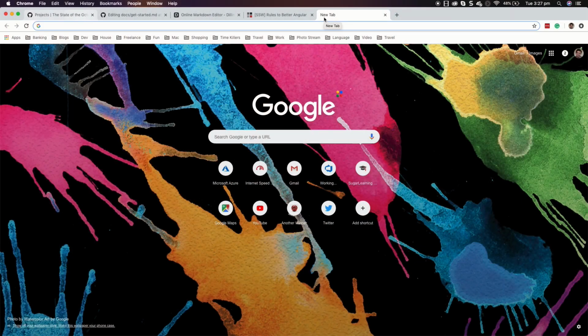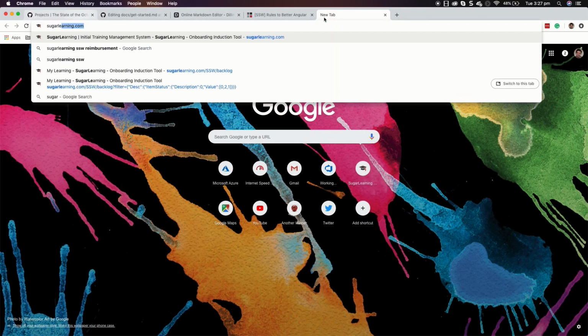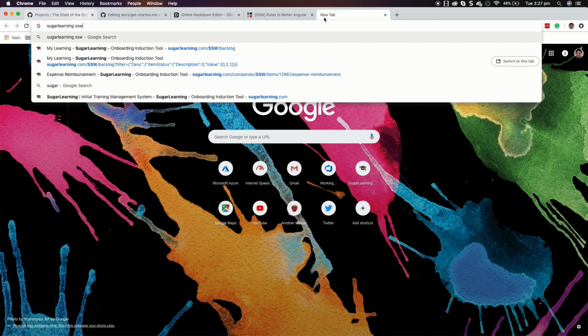So what about where we're gonna use that at SSW? So we've got a bunch of content that is currently public, and we want to move some of them to GitHub. But where should we start? So one example is SugarLearning. SugarLearning is an induction tool that we use internally, and we want to move some of the public content to GitHub. So for example, if I search for SugarLearning SSW reimbursement,